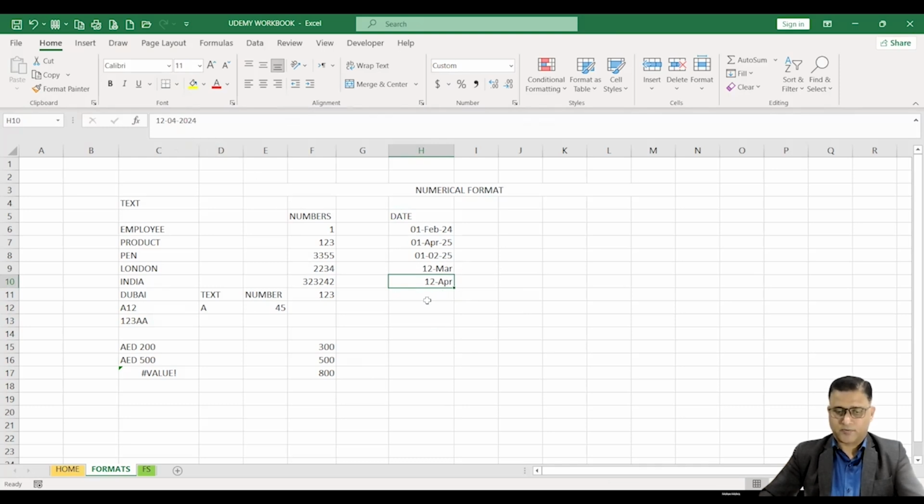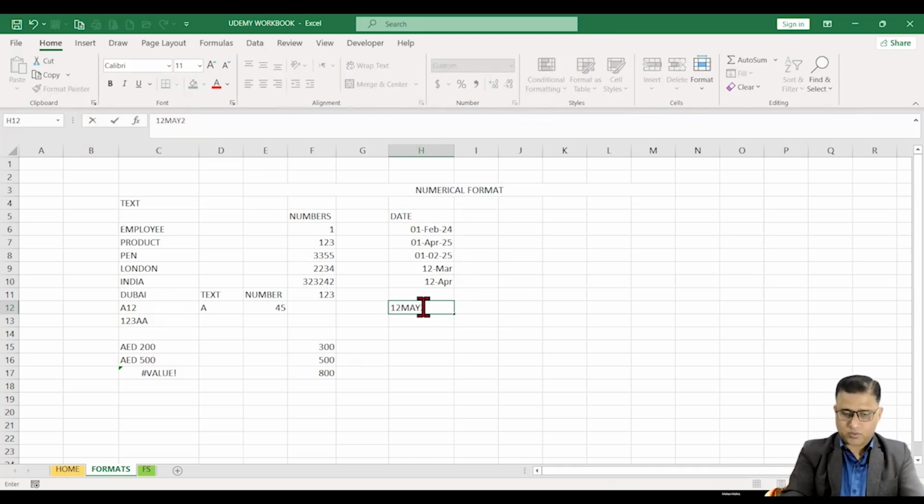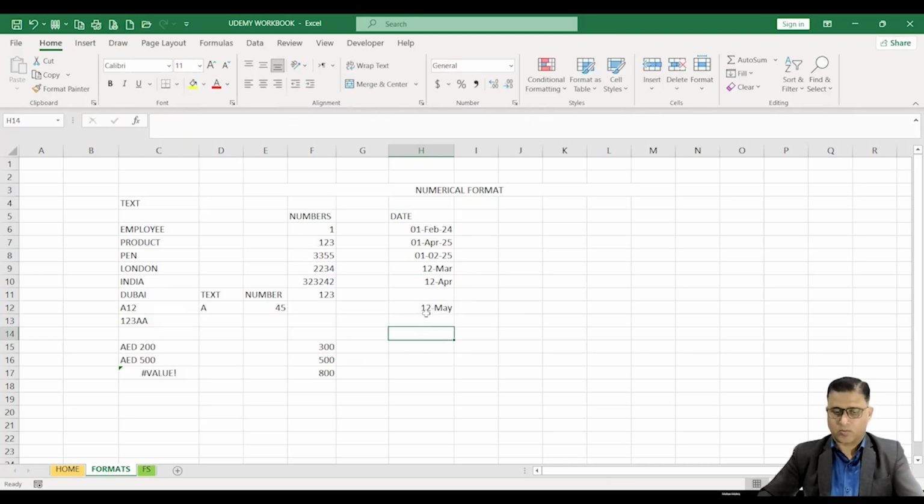But suppose I try to write 12 May 2025. It will convert it into a normal format like 12 May. So if you want to change the format into full letters, like typing a full date such as 12 March 2025, 12 March 2024, 12 March 2023, or in numbers format, then what you can do is